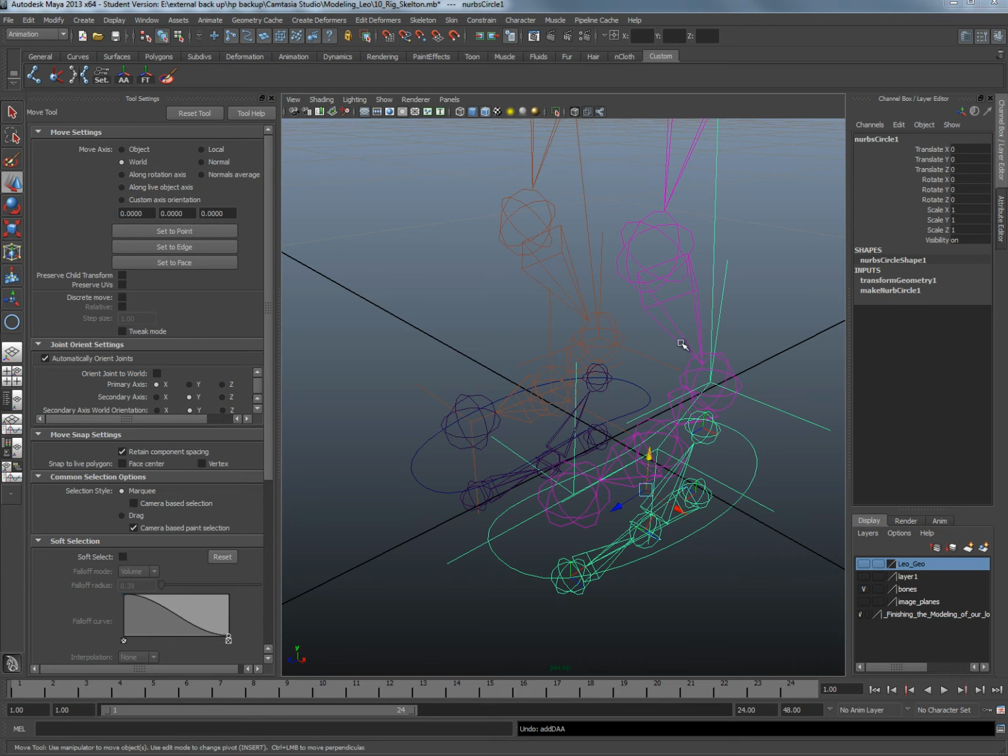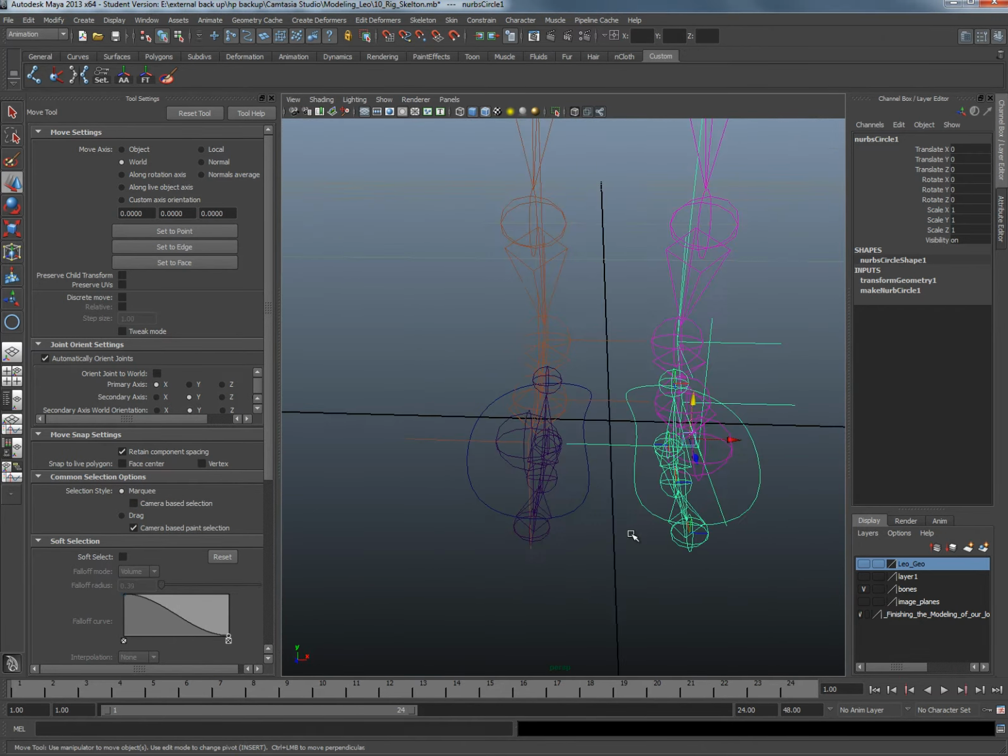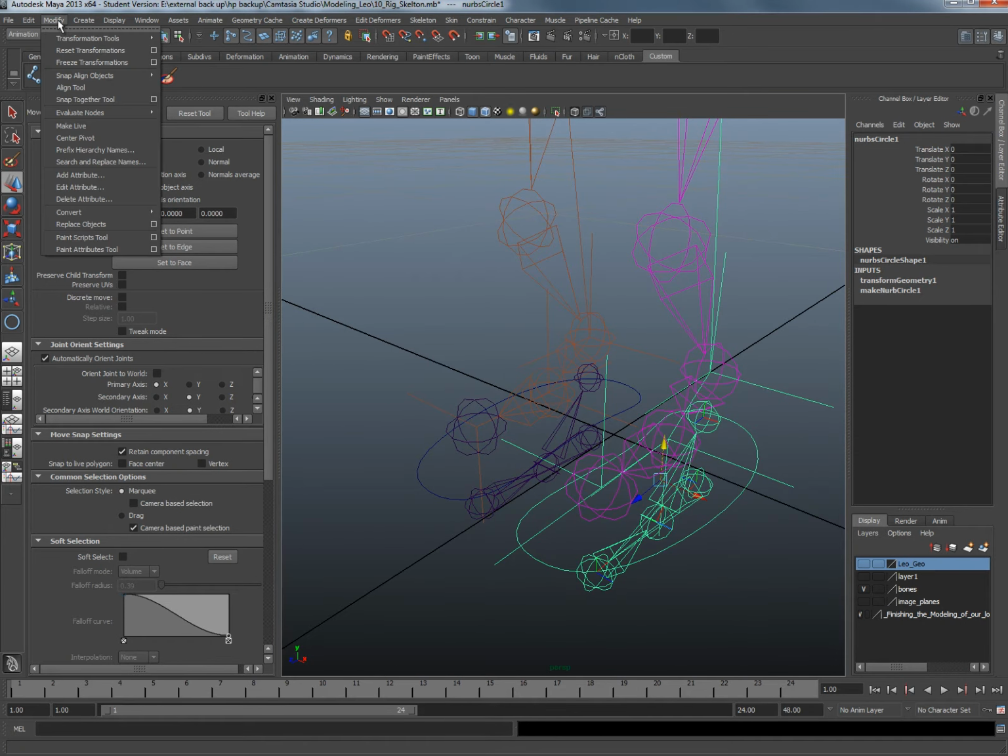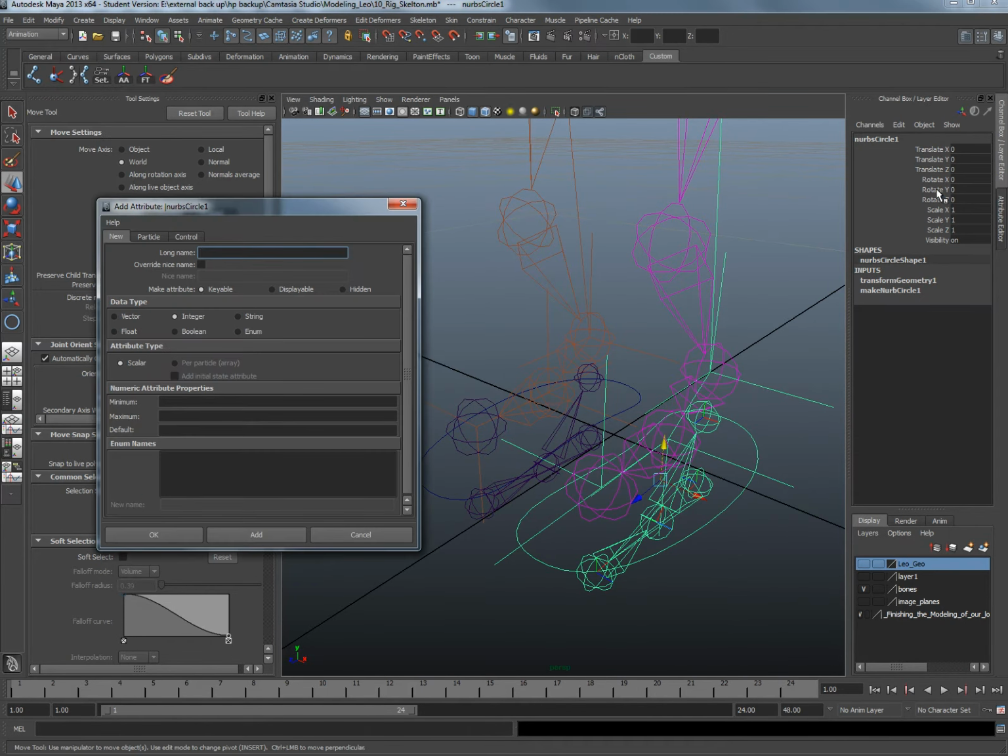So what we're going to do now is add attributes to these NURB circles. The way we do that is we go to Modify, Add Attribute, and that'll add attributes here. I'm going to go ahead and name this left_foot_CTRL, and that's for foot controller. The first one I'm going to do is heel